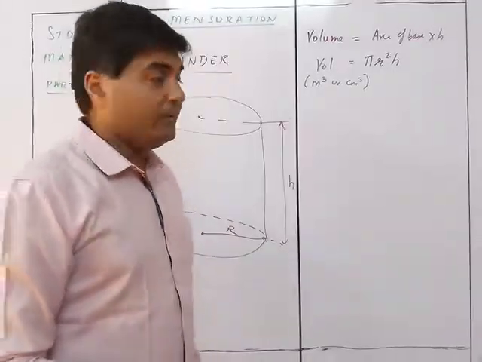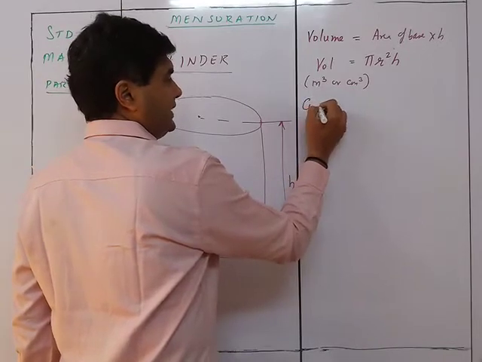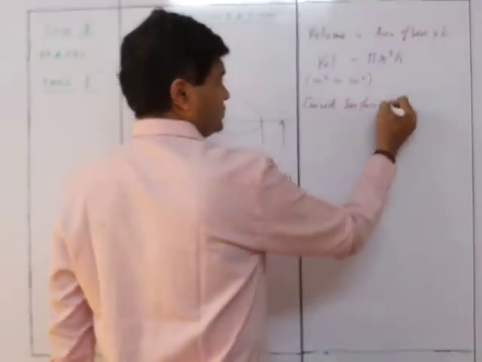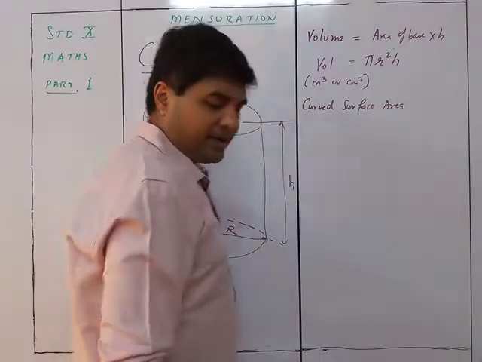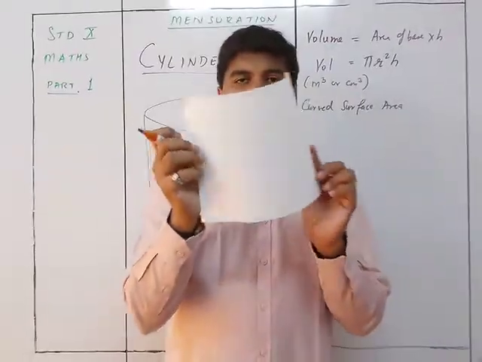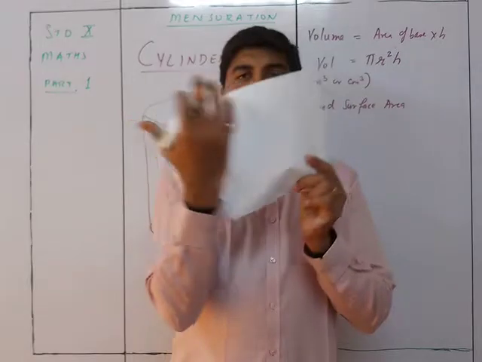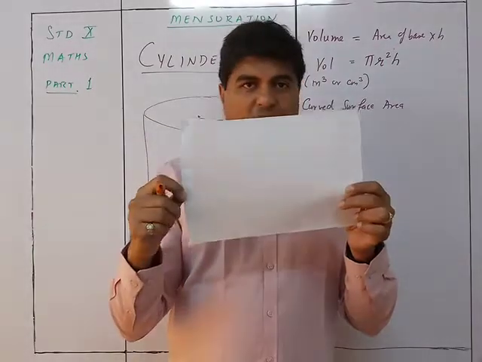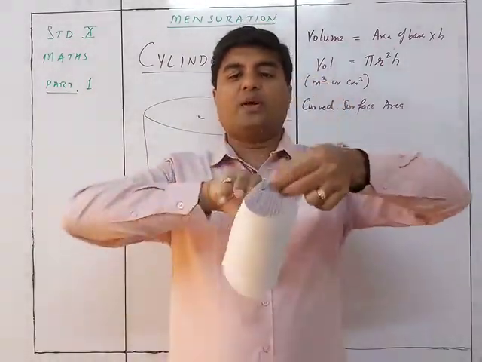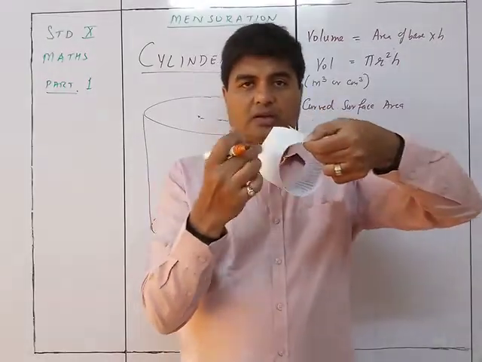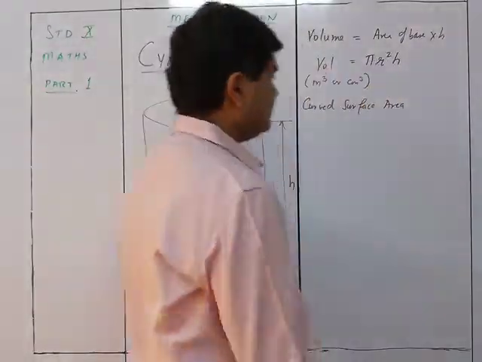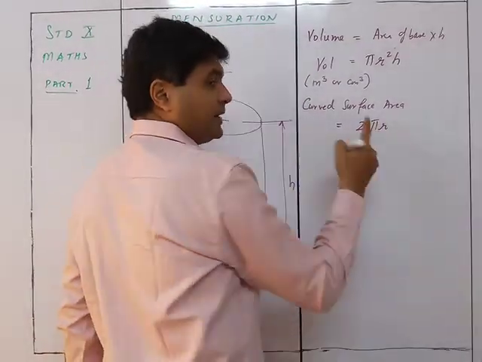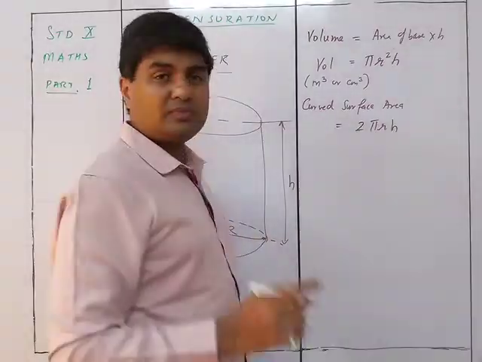The next thing is the curved surface area. You have two surface areas over here: one is the curved surface area, another is the total surface area. The curved surface area is nothing but this whole rectangle, because when this rectangle is converted into a cylinder, the curved part is equal to the rectangle. What is the rectangle? Nothing but length into breadth. But the length is getting converted into a circle, so length is nothing but the perimeter of the circle, that is 2 pi r, into breadth, and the breadth is the height now, so it is h. Samjha?